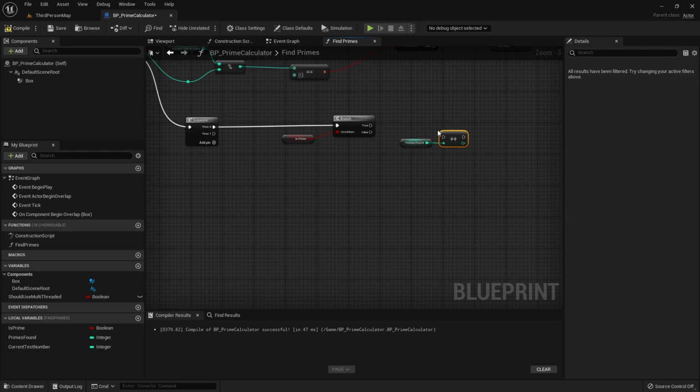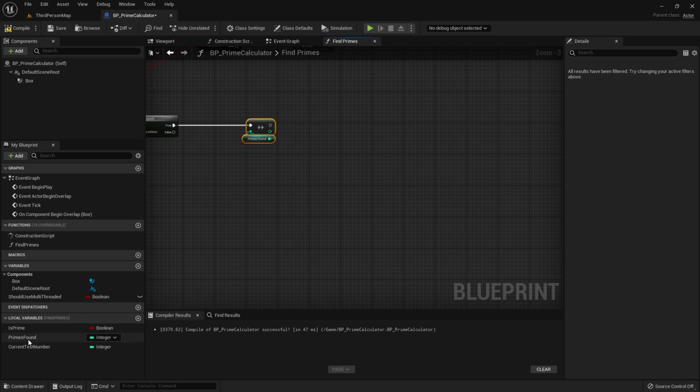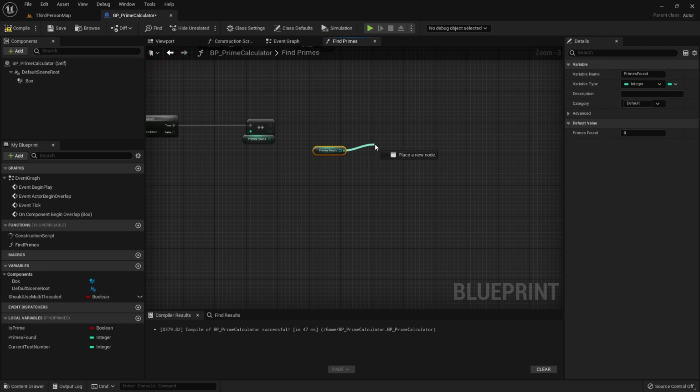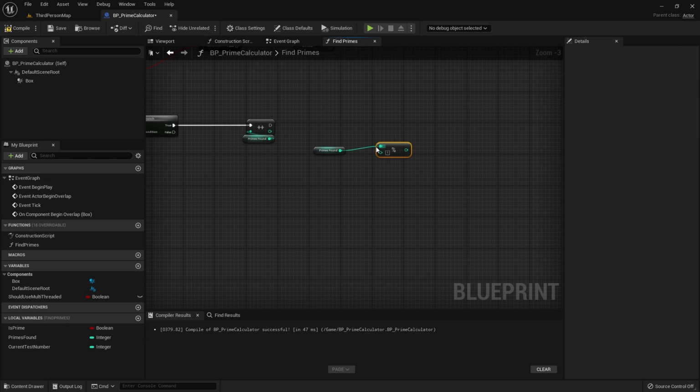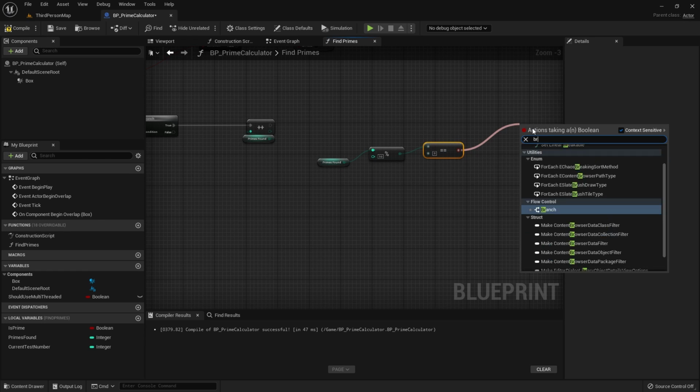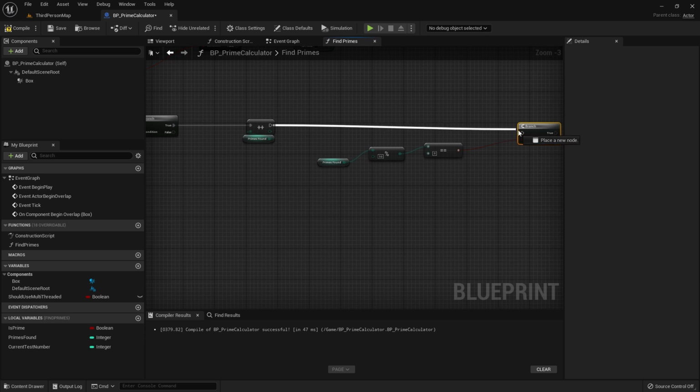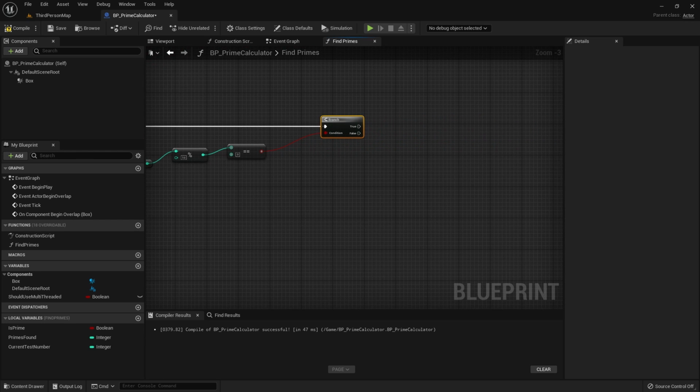We're going to increment primes found. And then we want to be able to get some feedback. So if primes found modulus of, let's just say 10. Every 10 primes, we want it to print how many primes. The modulus of that is equal to 0. Then